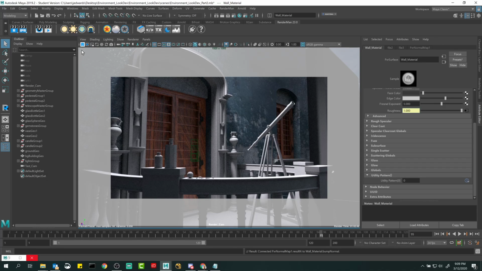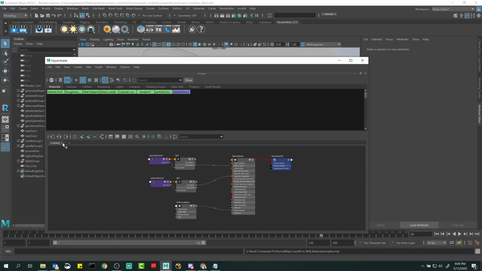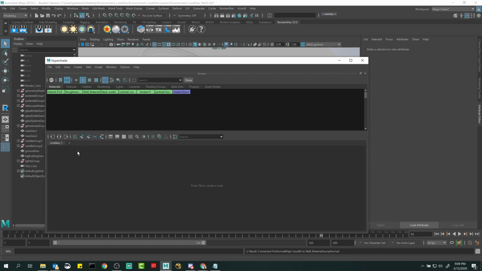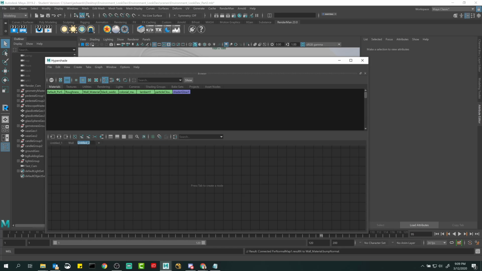Let's do the balcony real quick because I do want to show you the painted thing. So I'm going to blow through this extremely fast. Let's clear the graph. I'm going to set up some tabs real quick down here to show you how we organize this. So this is the untitled, this is like our test area. I'm going to make a new tab. We're going to call this wall. And on the wall tab, I'm going to graph the wall material. I'm going to make a new tab. We're going to call this